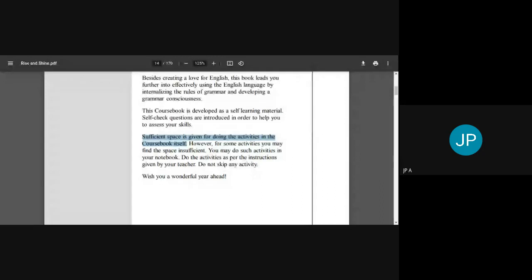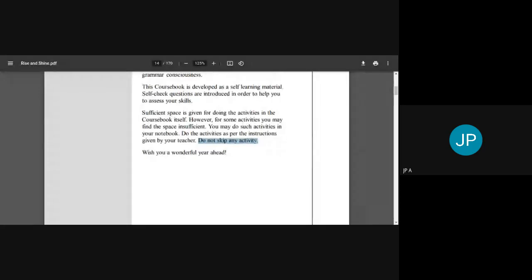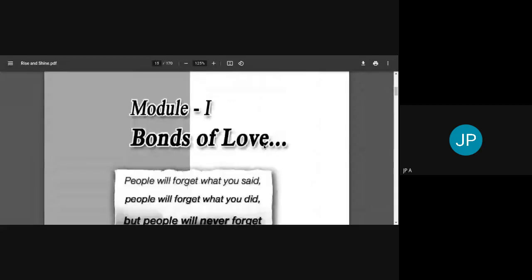So these are the instructions. You can also go through these instructions. It is there in the textbook itself. It's very important to do all the activities. That is what is said at the end: Do not skip any activity. All the activities in the text are important. Do not leave any activity without doing. Now let us go on to the first module,